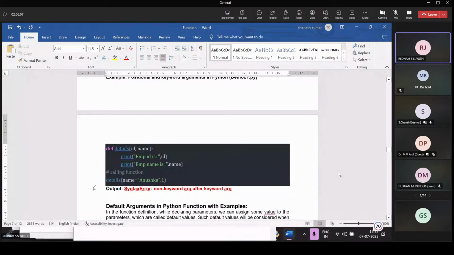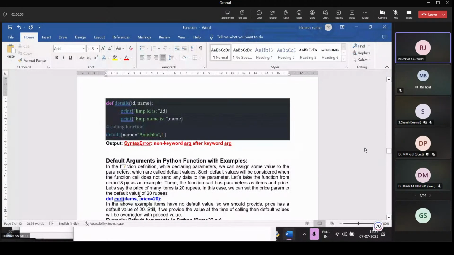So in that case, we will get what? Syntax error: non-keyword argument after keyword argument. The first position needs only the ID number, but in the function call the first one is the keyword argument and the second one is the positional argument. So in that case, we will get an error called syntax error.